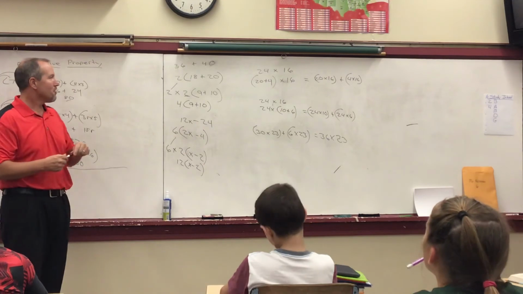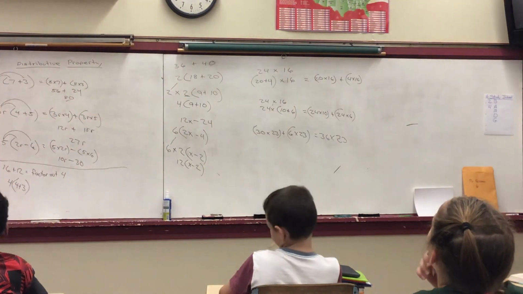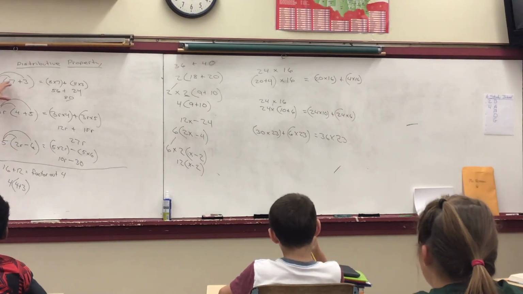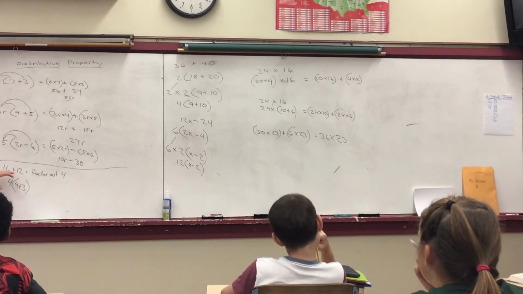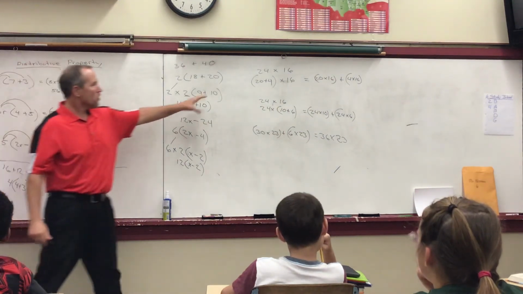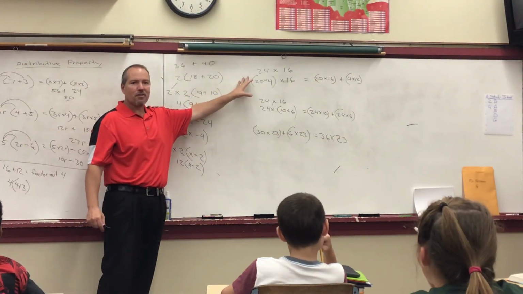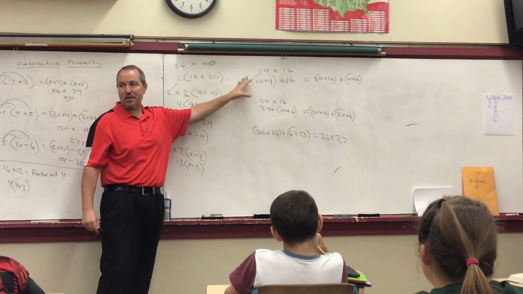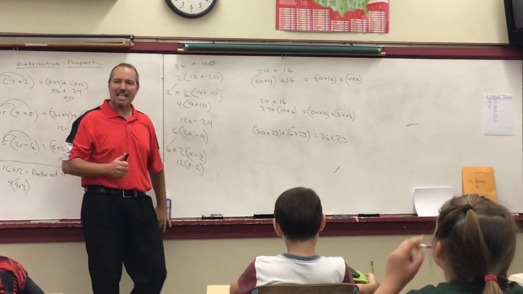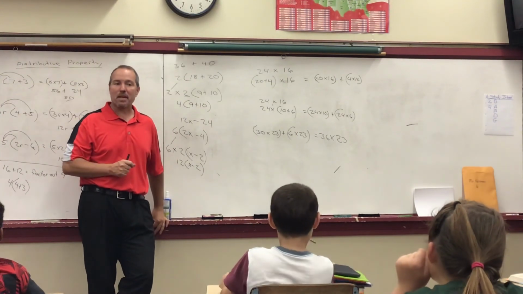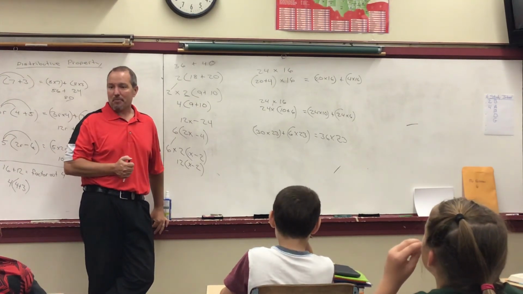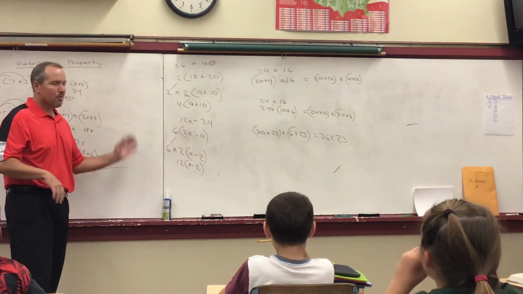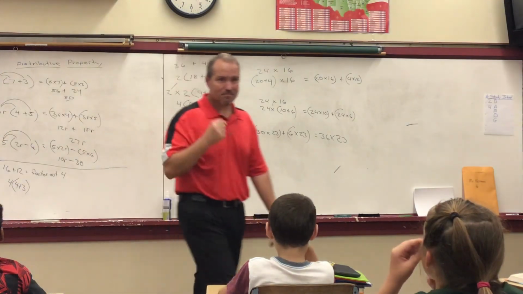Okay? So, we have a whole lot of different things that we can use the distributive property for. We can factor in. We can factor out. We can solve a two-digit multiplication problem by breaking one of them into expanded form and then multiplying each of those parts of the expanded form times the other number. Okay? When we get back from our class, we're going to practice all 4 types. Okay? Thank you,